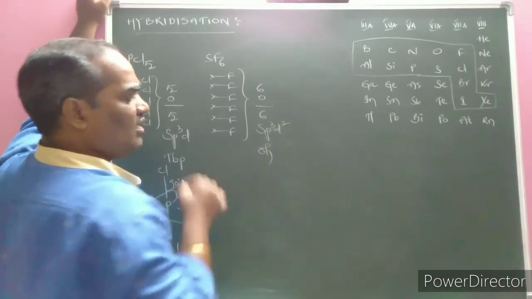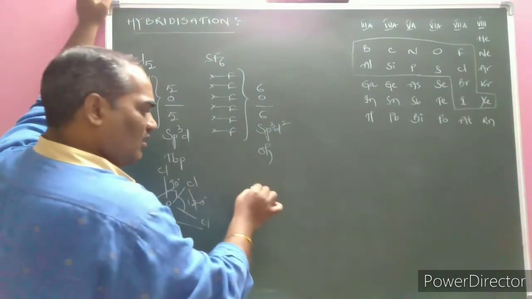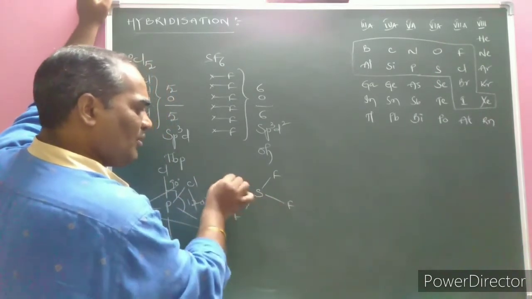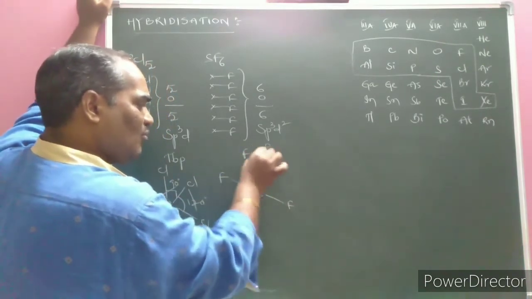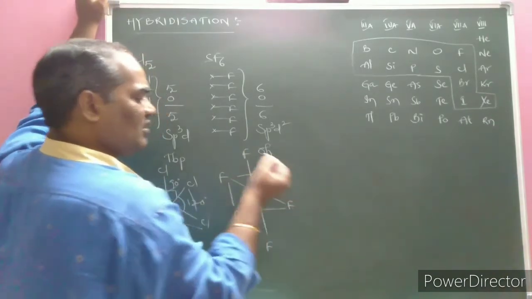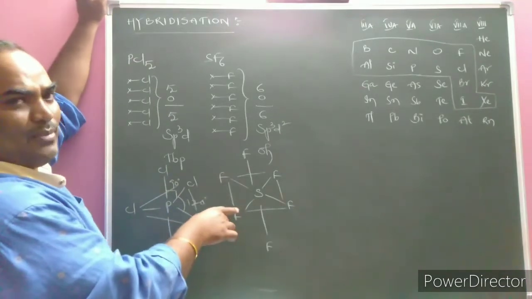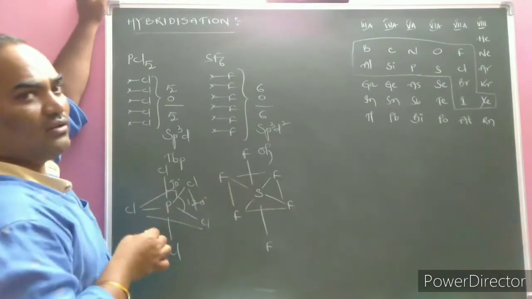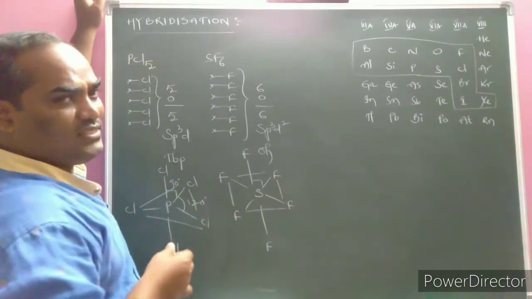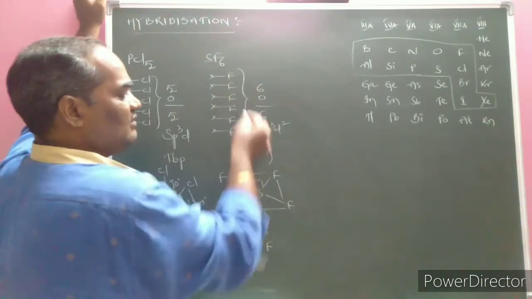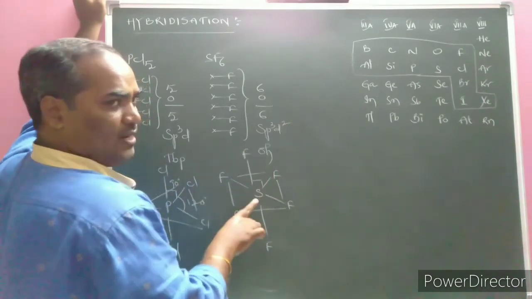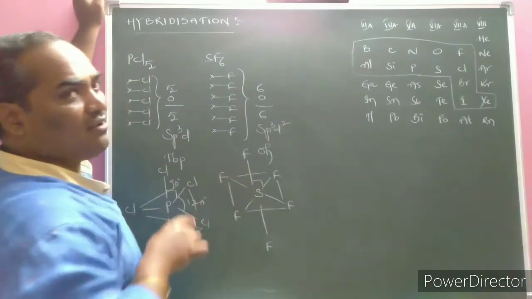What is the geometry? Octahedron. In SF6, 4 corners of the square are occupied by the 4 fluorine atoms. One is above the plane, another is below the plane, presented like this. This we call square bipyramidal geometry, also called octahedral geometry. The bond angle everywhere is the perpendicular bond angle, that is 90 degrees. Here in SF6, the lone pair of electrons is 0. In that case, square bipyramidal is also called octahedron geometry.